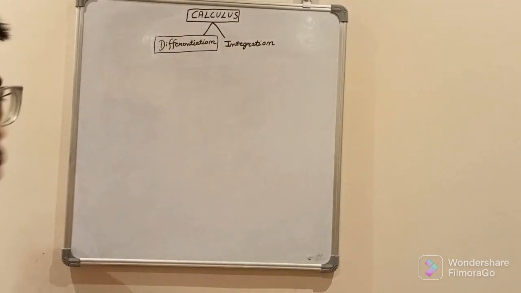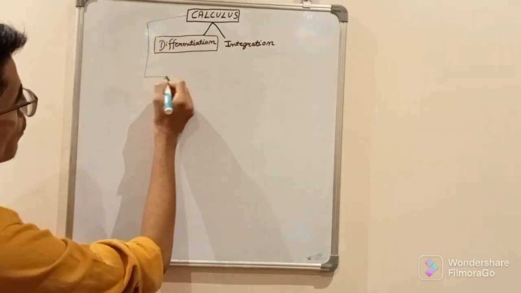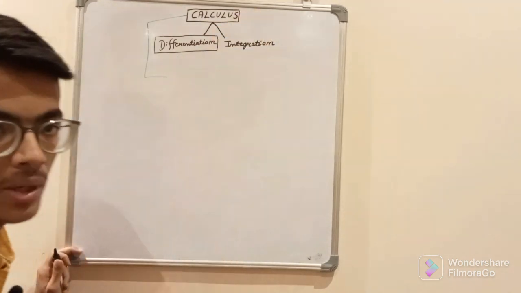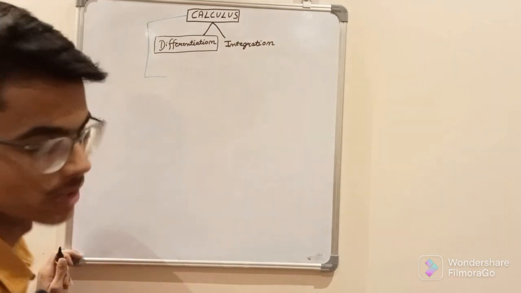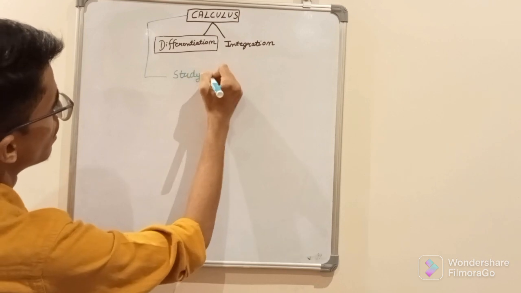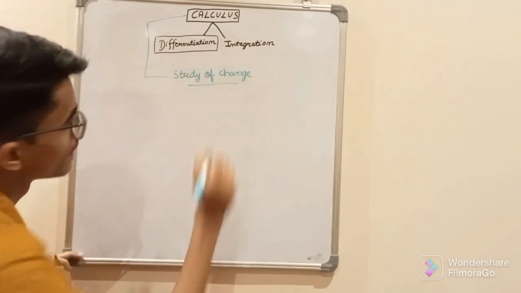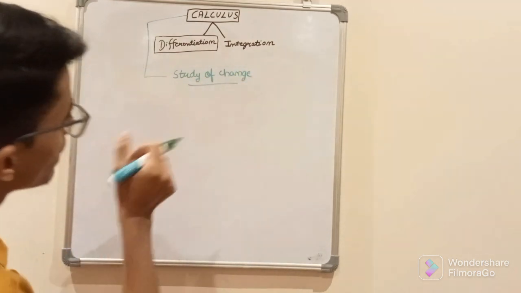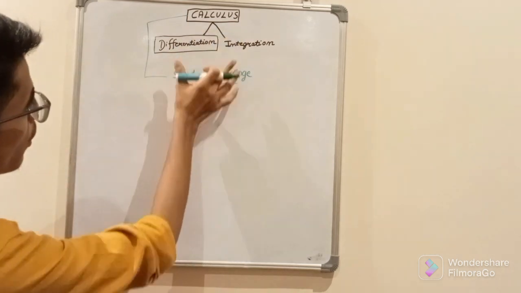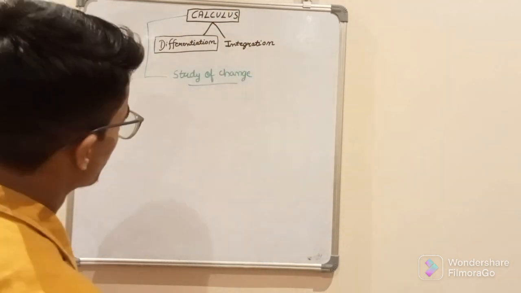So before starting the topic, that is differentiation, we need to understand what basically is calculus. डिफरेंशिएशन और इंटीग्रेशन कैलकुलस के दो ब्रांचेस होते हैं, बट व्हाट इज कैलकुलस? स्टडी ऑफ चेंज। किसी भी बदलाव की स्टडी को हम कैलकुलस कहते हैं। कोई भी चेंज हो उसे हम इस दो फॉर्म में स्टडी करते हैं एंड दैट इज नोन एज कैलकुलस।